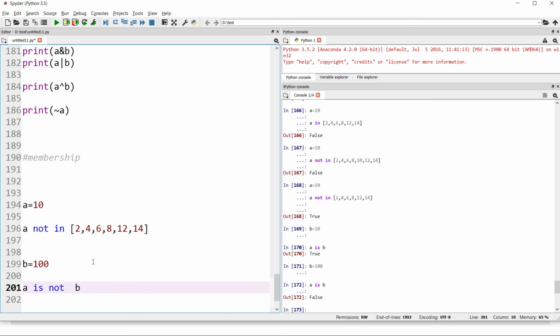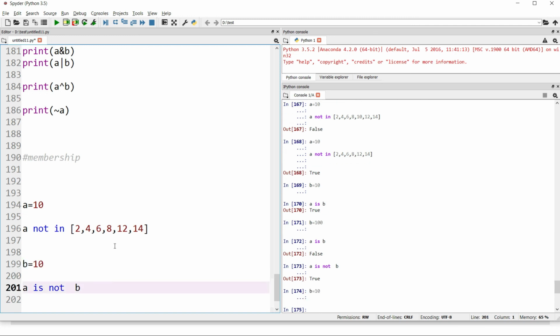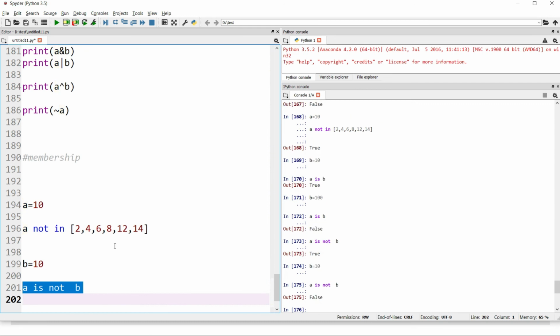There is another operator, is not. Now see, a is not b, is it true or false? It's true because 10 is not 100. And if b is 10 and a is 10, then a is not b will return false this time, because a is b.